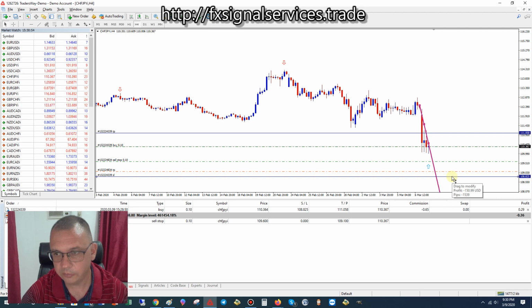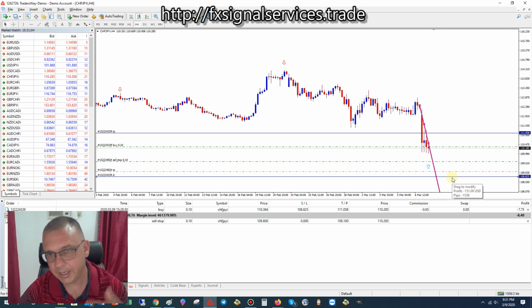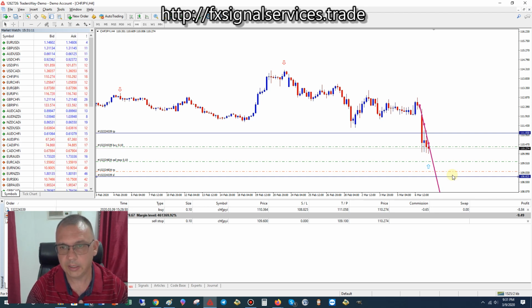So I'm gonna lose $150 according to this. All right, but I'm gonna gain $50 if that stop loss is hit. Okay, so in the end, I'm only going to lose about $100 instead of $150, which I could have lost. Okay, now,